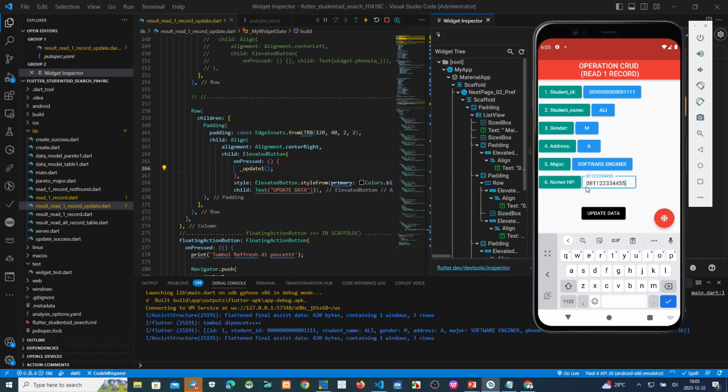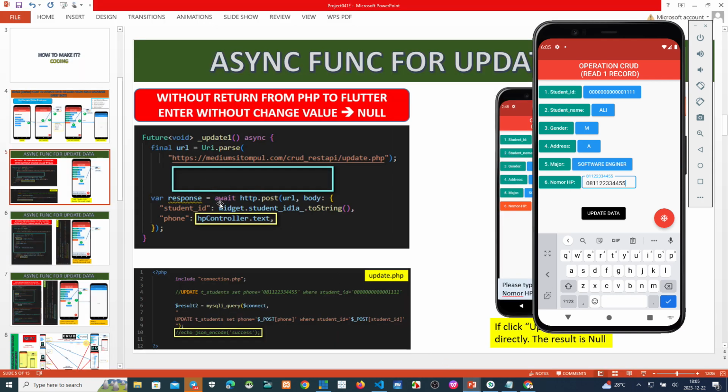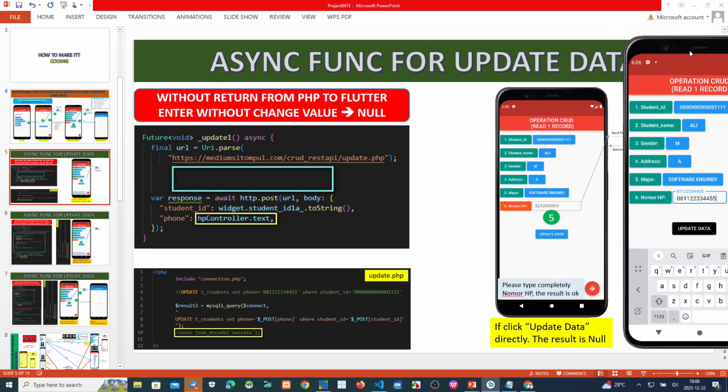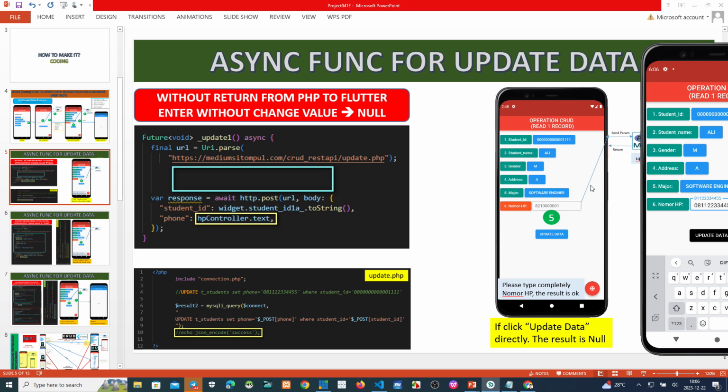Okay. If we click here, in the first step, the data will be sent to the backend, this one. But there is no return from the backend. Because of that, we see the same thing on the screen, because there is no returned data.